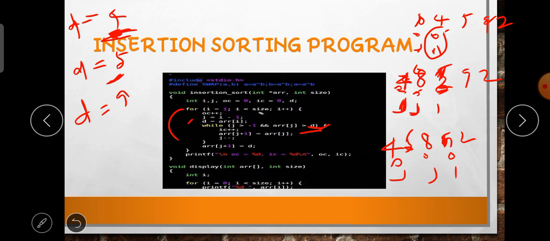Comparing this 8 to the 9, 8 is greater? No, it's not greater. So this condition is false, the loop exits, and going to the last one, array of j plus 1 is equal to d. Array of j plus 1 means what?